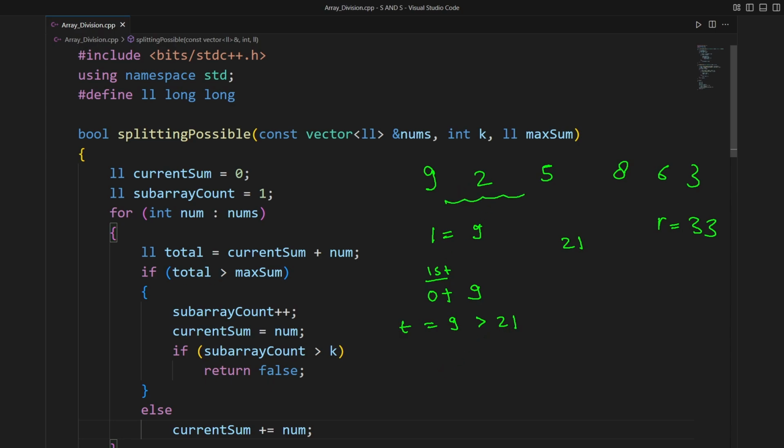So we are going to keep on adding, and then here we hit this. So 9 plus 2 plus 5 plus 8 is 24. Is 24 greater than 21? Yes, it is greater. Then what we do, if 24 is greater than 21, that means I have to increase our subarray count, which was previously 1, to 2. Okay, we can understand this. Now we have to start from this number. We have to create our